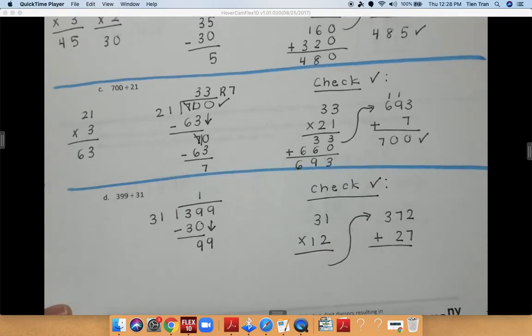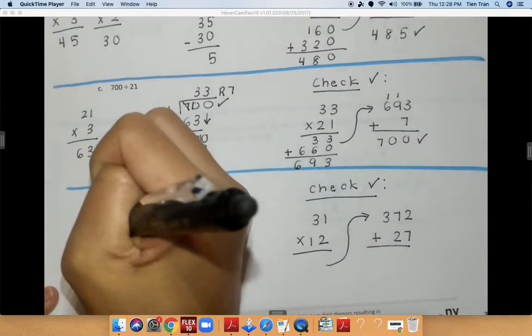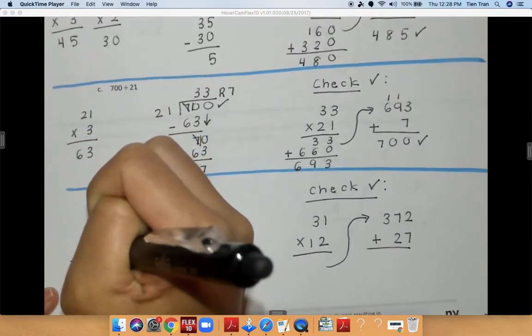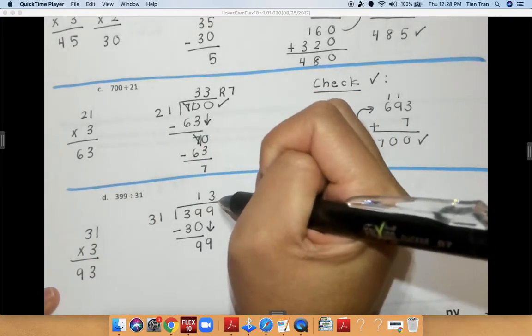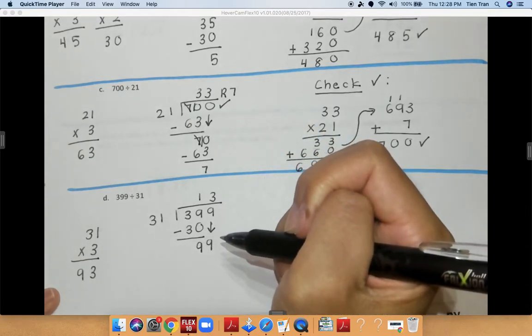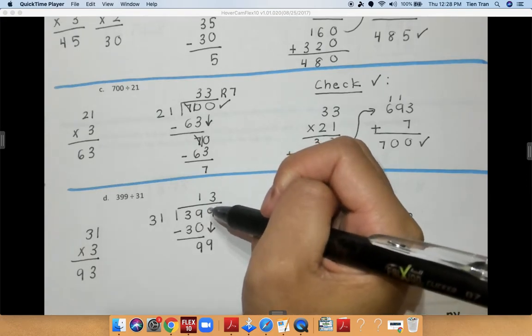So if I multiply 3 times 3, I'll get 9. So that's pretty close. I'm going to try that. 31 times 3. 1 times 3 is equal to 3. 3 times 3 is 9. I get 93. So that means that I can use this 3 because 31 times 3 is equal to,